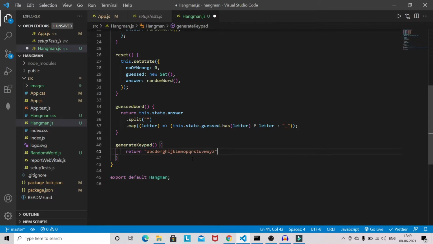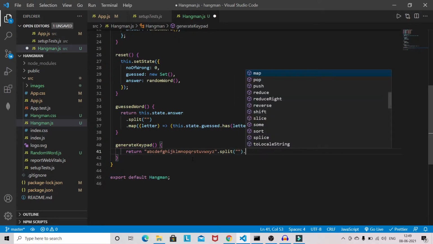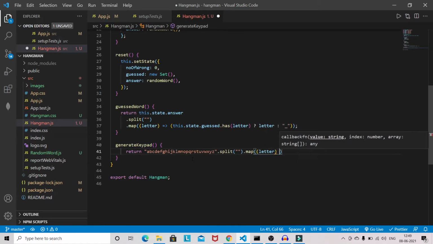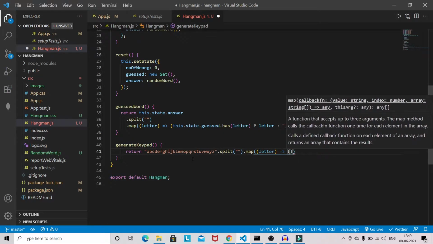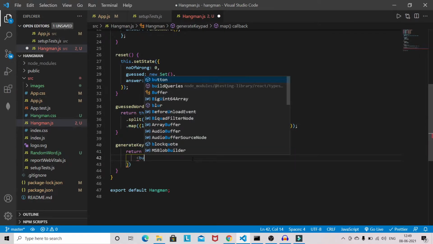Now split, map, letter, and we are going to display it in the form of a button.